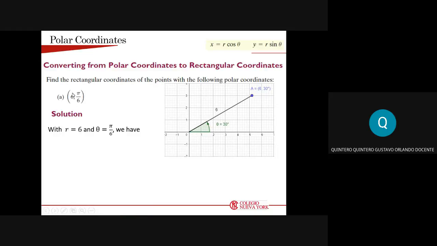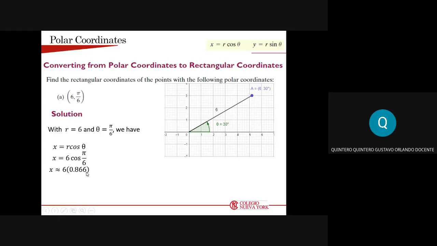We know that r equals 6 and theta equals pi over 6. These are the values here. If we replace them in the formulas, this is what we get. Instead of r, 6. Instead of theta, pi over 6. All right, then, how do we solve this now? Well, we just put it in a calculator, and that's it. Cosine of pi over 6 in a calculator will give us